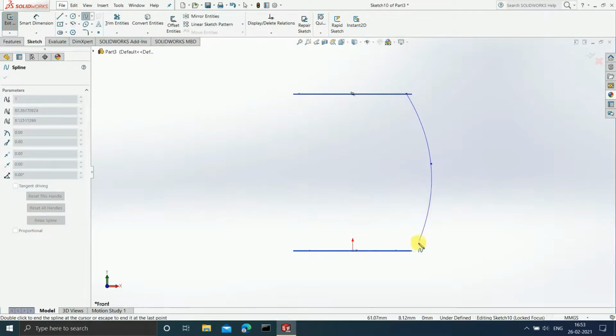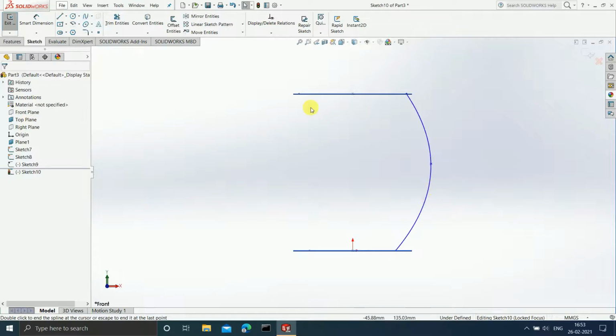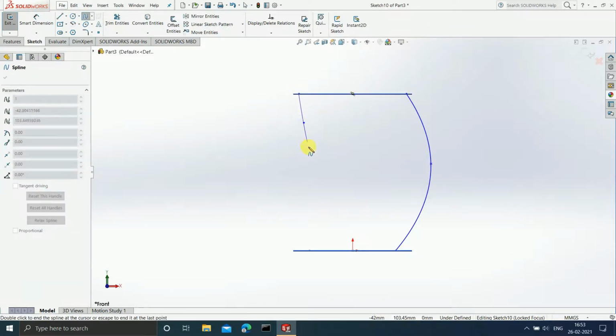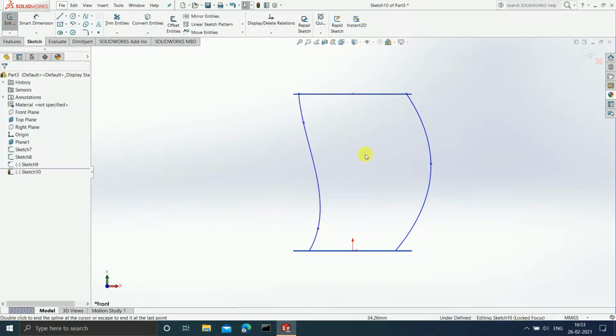See how I am drawing the curve. Escape. Now I will create one more guide curve. Okay, done. Now I will exit the sketch.